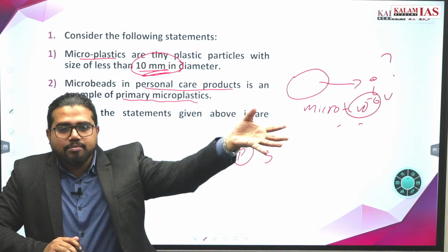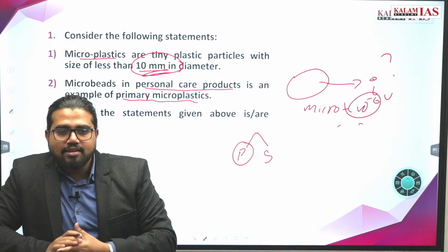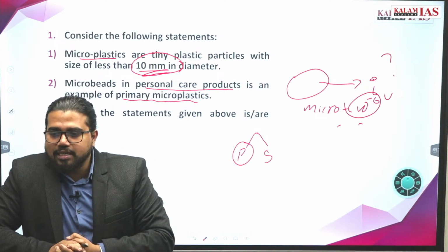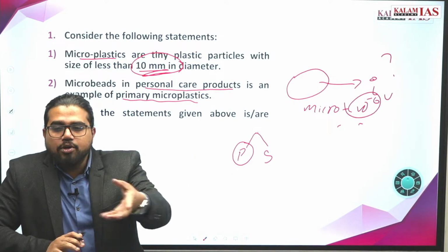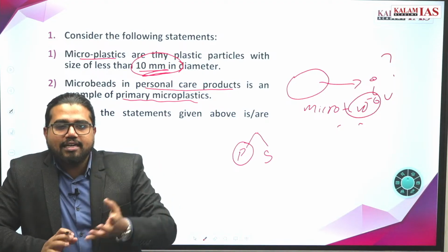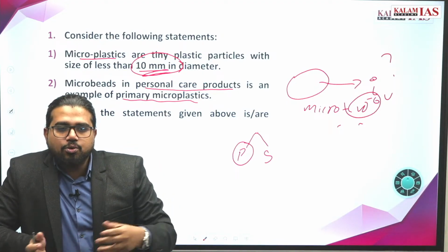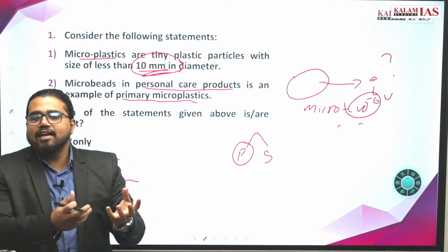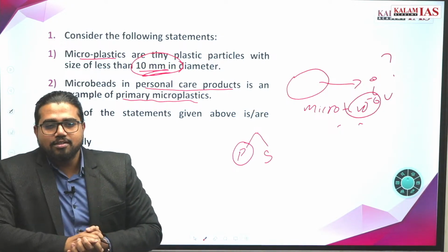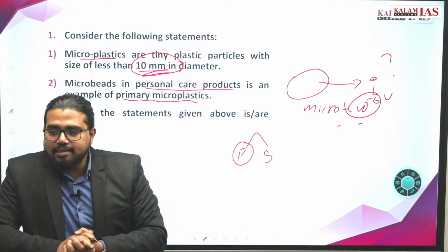Something that is exposed into the atmosphere, like carbon monoxide, is itself a pollutant. Why? For example, ozone. Ozone is not directly emitted into the atmosphere. Two other gases, two different pollutants, come together, and with sunlight some chemical reaction happens, and then ozone is produced. So it becomes a secondary pollutant.